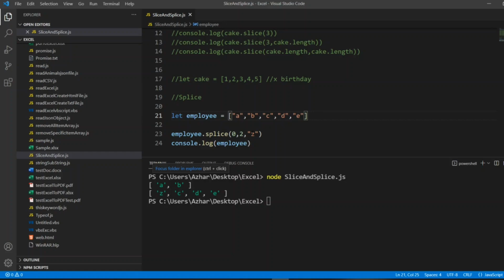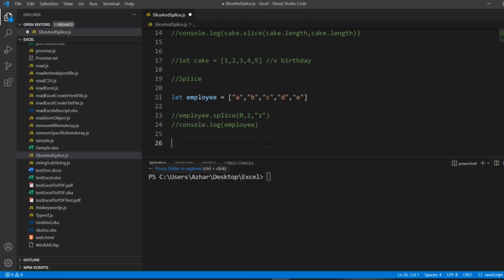comment, and let's see the cake one only, right? So let's take one scenario of cake. So we have told X is having a birthday, right? Now he is only having a vanilla flavor cake. I want only the cake. The cake will have 1, 2, 3, 4 and 5 quarters only vanilla flavor. So what if I told him, okay, go outside and get me second, third and fourth quarter as butterscotch flavor.